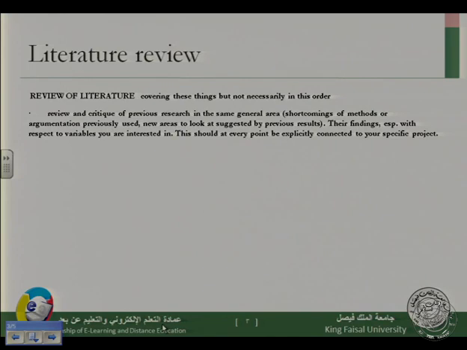Again, the example of the language acquisition of grammar by children. I would expect in your literature review that you cover all the aspects of language acquisition and then all the aspects of grammar and the acquisition of grammar by children. Three topics should be covered here in your literature review. And then you need to connect this research with your research. Say, for example,